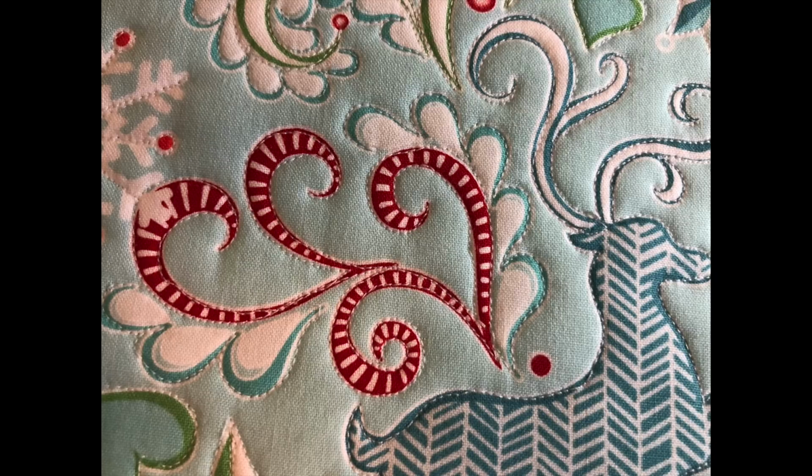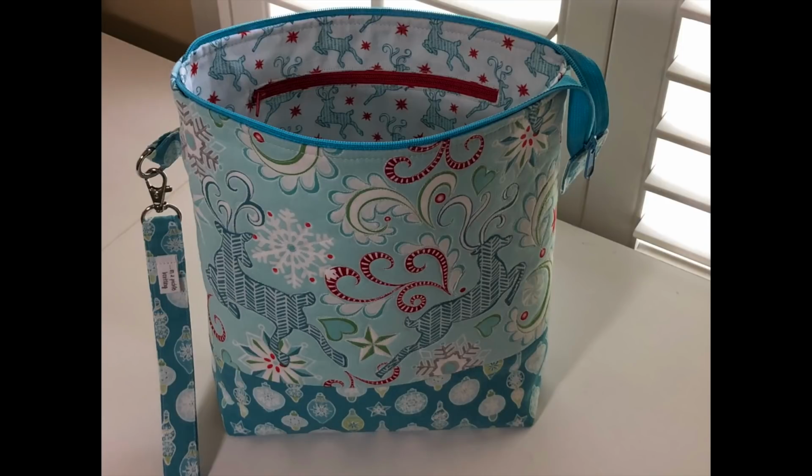And the winter one is called Nordic Winter, I think, or something like that, Nordic something. And it has 2 zippers. It has an inside zipper and the top zipper. It has a contrast base and the detachable handle. And I'm not remembering the price of this bag. It is more because of the free motion quilting, and that I had to use a lot of extra fabric to try and get 2 reindeer on the front and